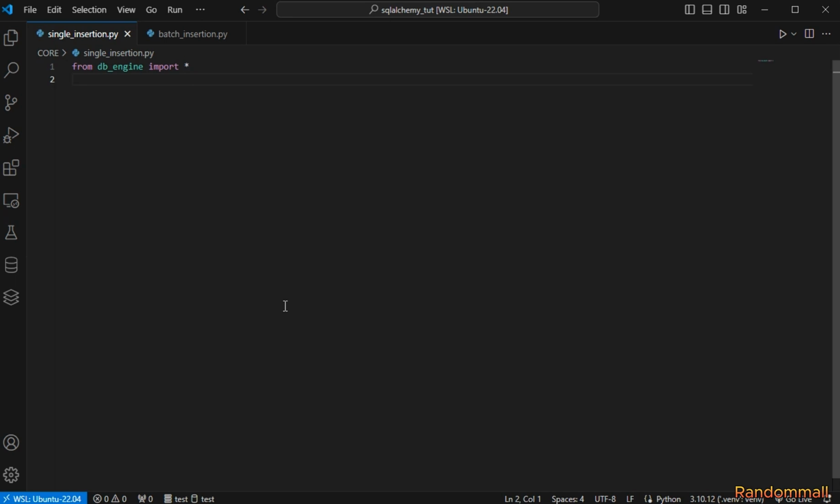So to insert values into a table, we are going to use the table name. So let's create a variable. I'm going to call this statement1, and this statement is going to be the statement that we are going to be using to insert values into a table. And to do it, we are going to use the table name, which is users, the one we are importing from DB engine. And this users table has a method that is called insert,